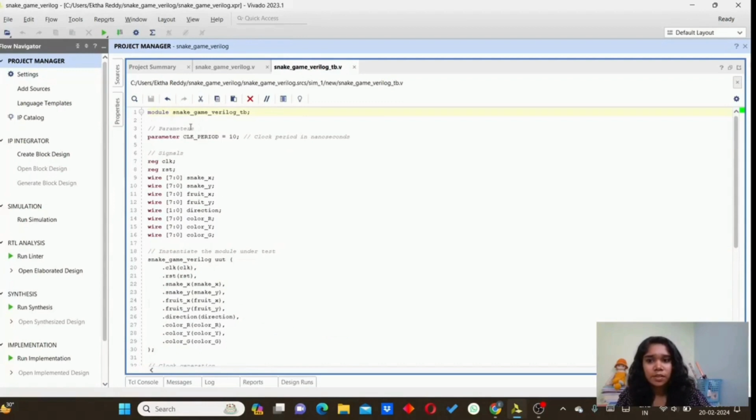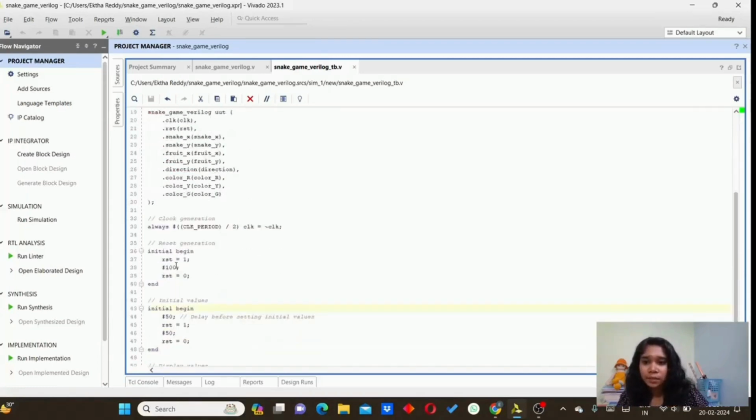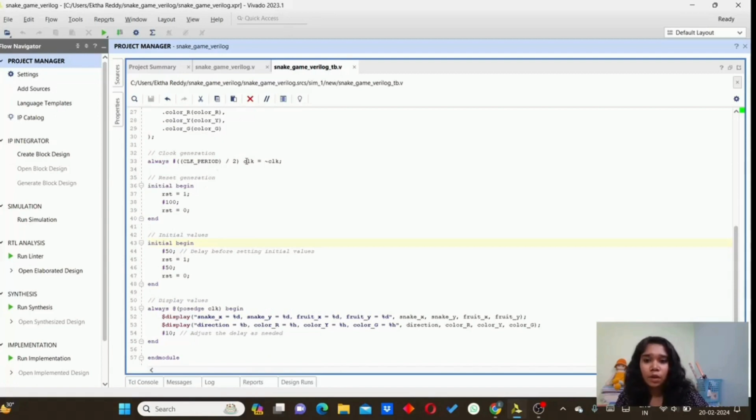For the test bench we have to declare the module name here first, that is Snake Game Verilog TB, and then the parameter, that is the clock period, which is equal to 10, and then the input and output as register and wire. After that we will declare the unit under test, where the input value is going to get examined by the output values, and then we will have the clock toggle at every clock period by 2,